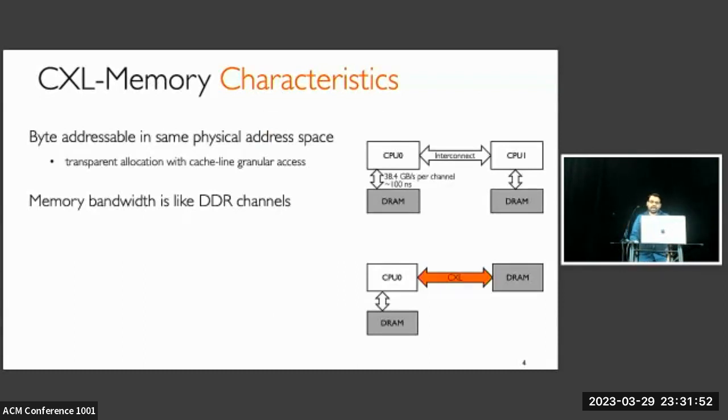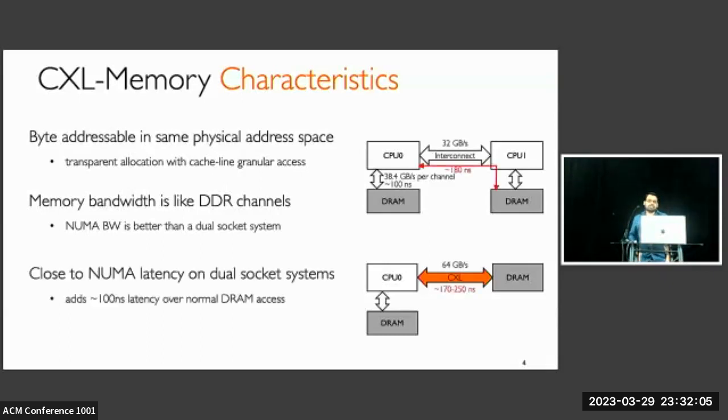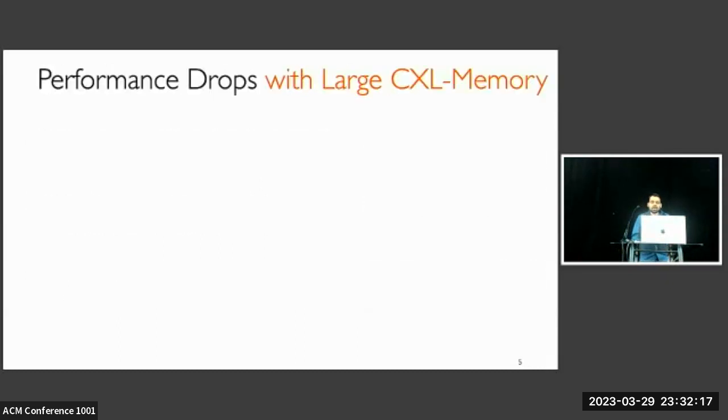In terms of bandwidth, it is also similar to the DDR channels. In some cases, the bandwidth can be even better than dual socket systems, based on how many links you are populating in your fabric. And in terms of latency, it's also similar to NUMA access latency. It is expected to have hundreds or 150 extra nanoseconds over the NUMA access latency in dual socket systems. However, these extra hundreds of nanoseconds of latency can often impact data center applications